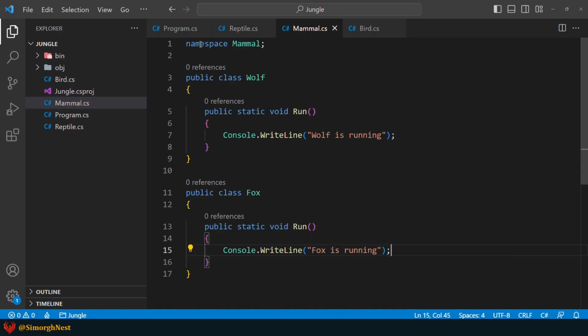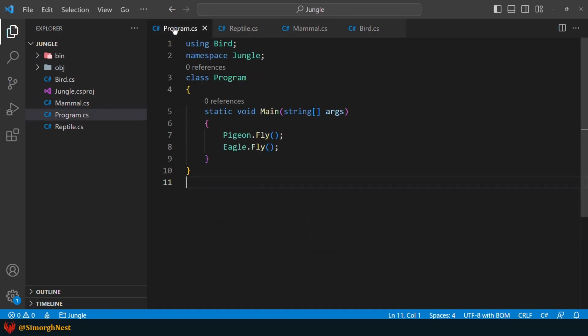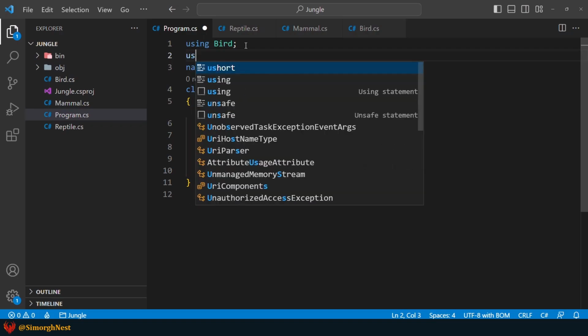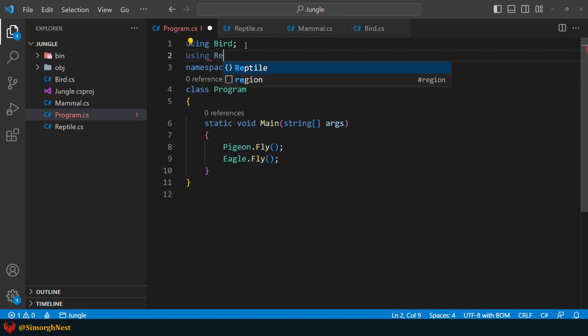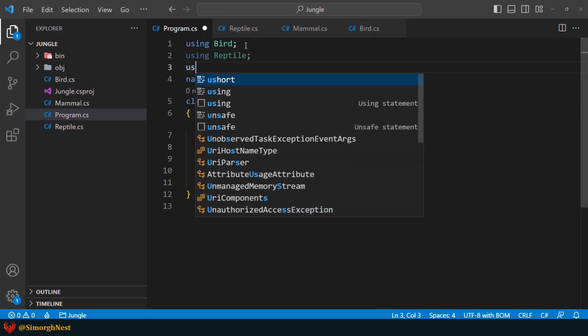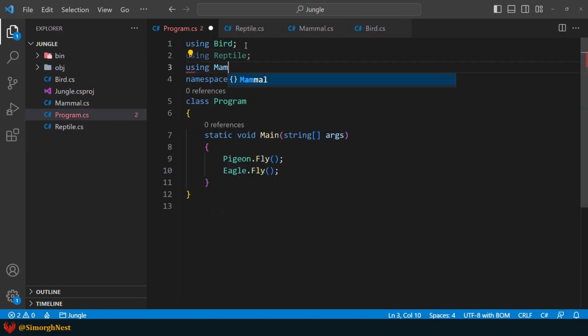Alright, let's call crawl and run methods in the main method. In the top of this file, let's go for using reptile semicolon and using mammal semicolon. Now we can access reptile and mammal members.